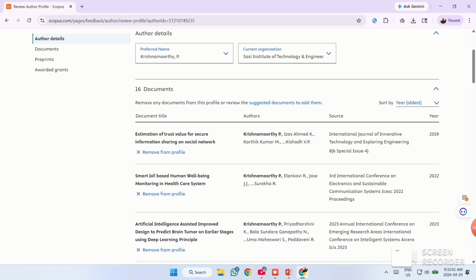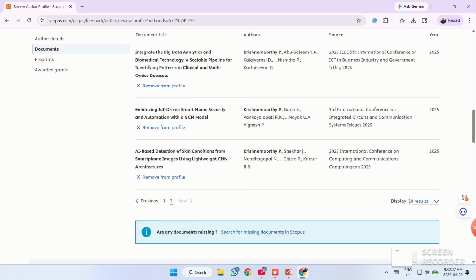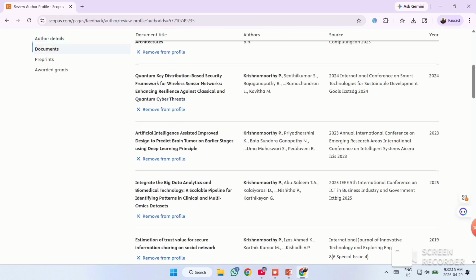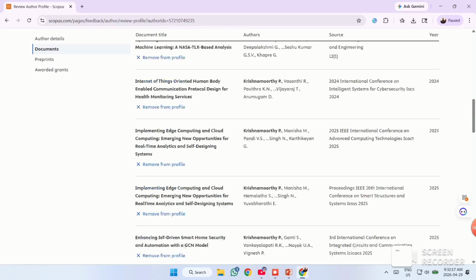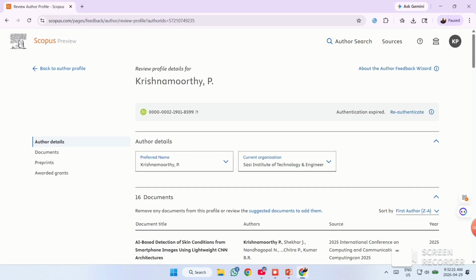There you can see the list of papers. There are some options available. You can sort based on first name, last name, or year, in ascending and descending order, based on the first alphabets. All those details are available in the Scopus database. You can see in which year each paper was published, and whether it is a conference paper or a journal paper. All the details are available here, so you can check all our details.